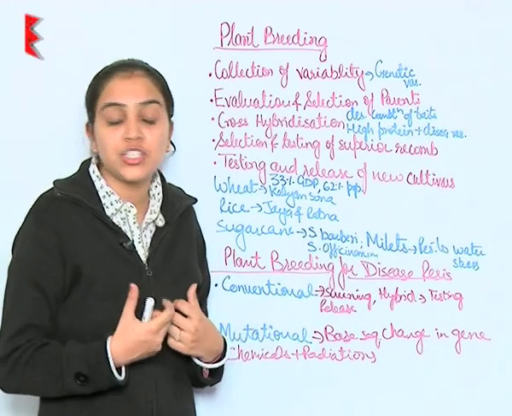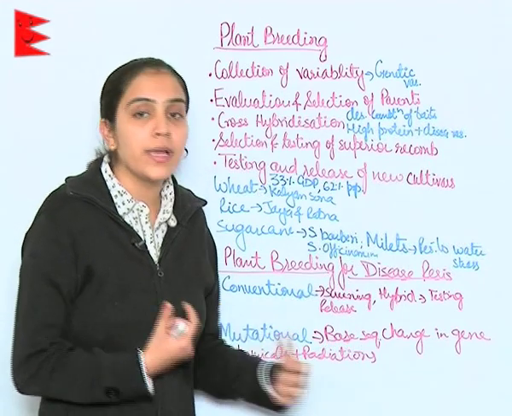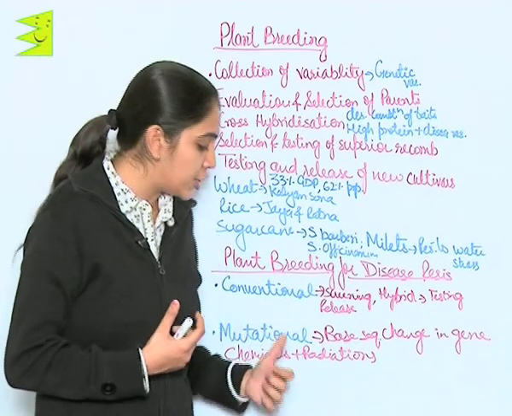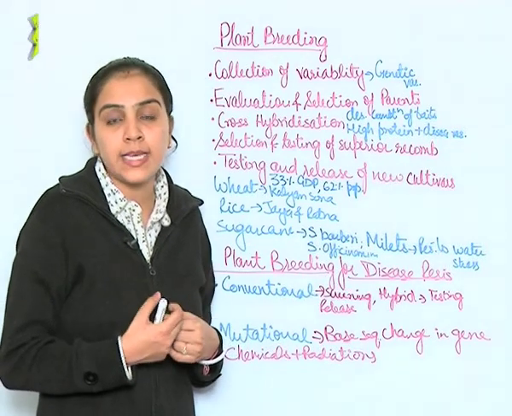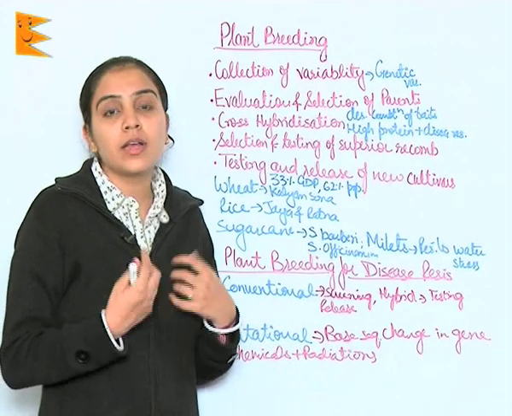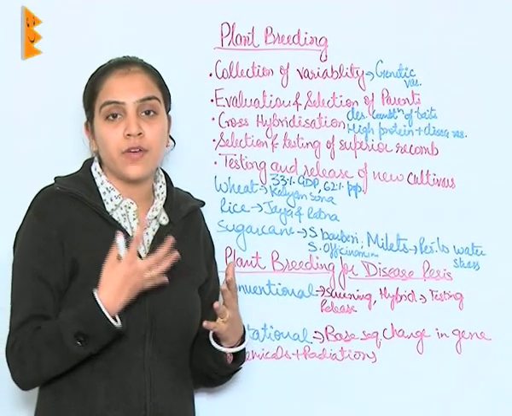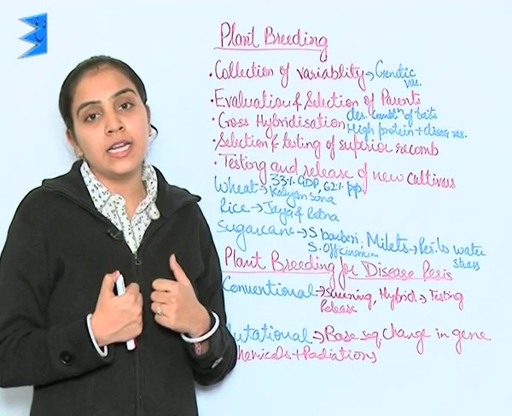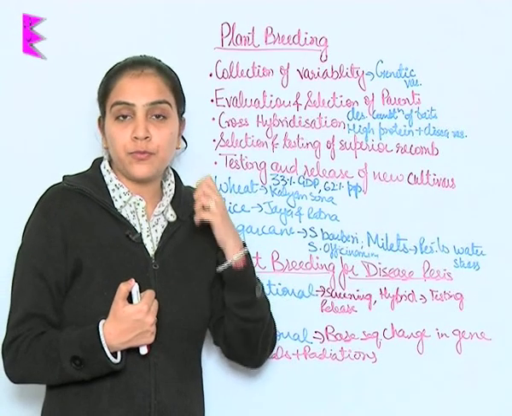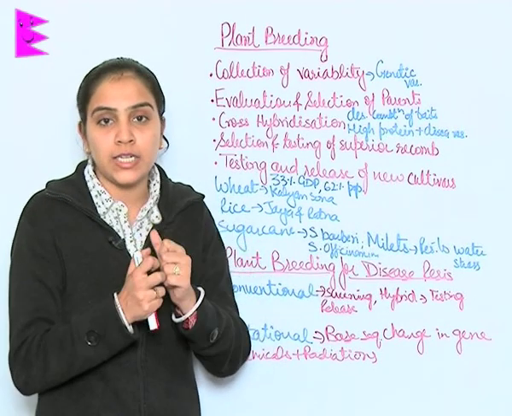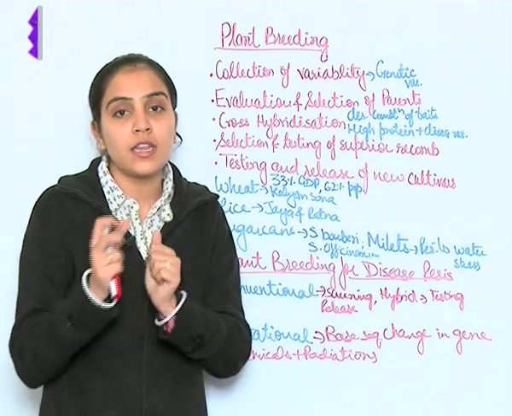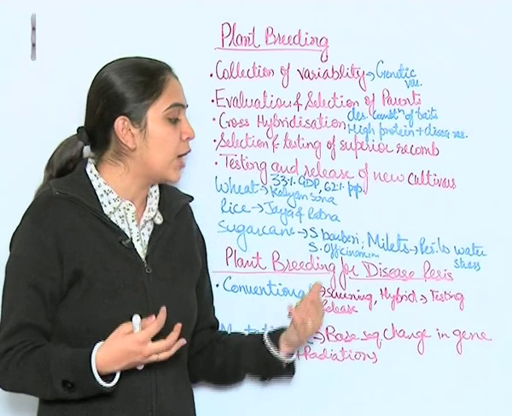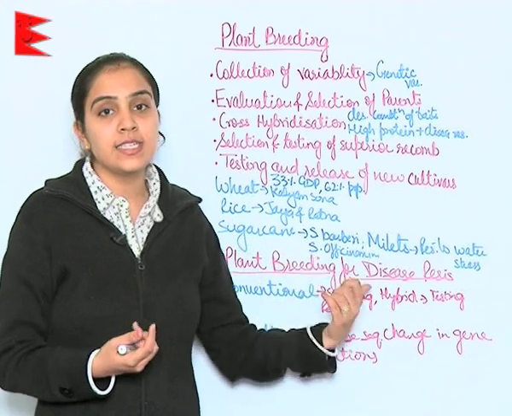Whereas in case of mutational breeding, the base sequence of the gene is changed. This is carried out either by chemicals or by radiations. This has been done in case of peas, grams and bhindi, where the wild relatives of the cultivated ones have been found to be strongly resistant to diseases, but their yield is low. So what we do is, the high yield factor we take from the cultivated one, the disease resistant factor we take from the wild one, we mutate the gene, and hence we get the plant which is high yielding as well as disease resistant.